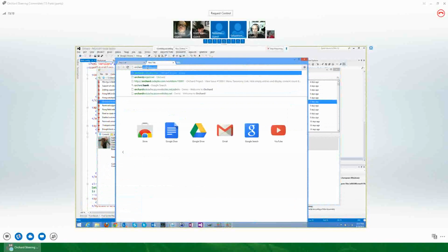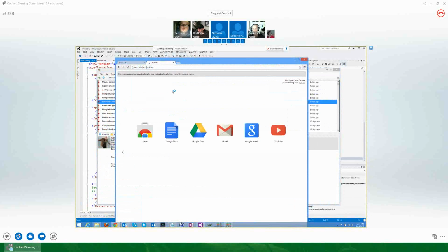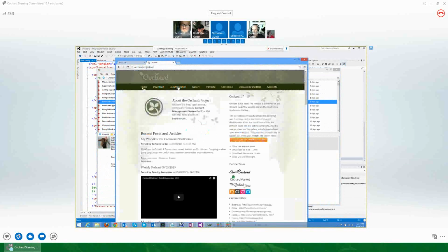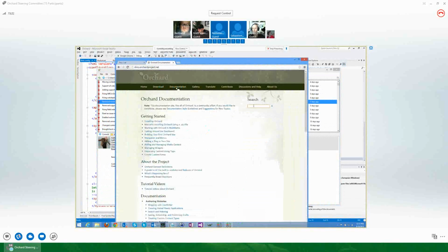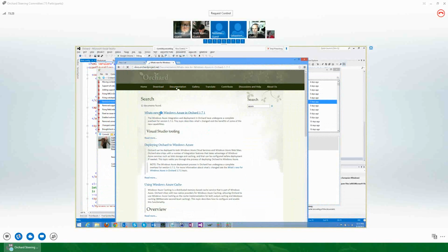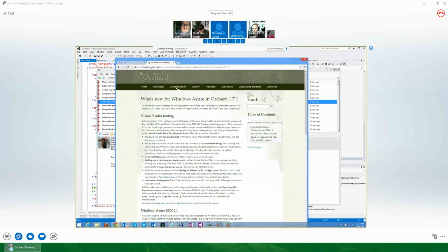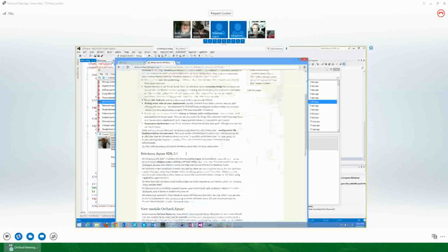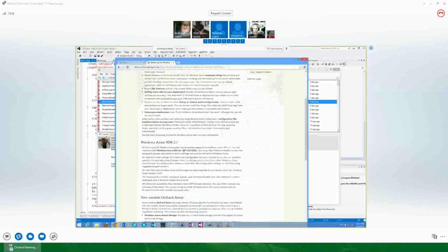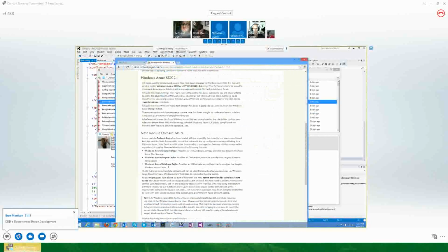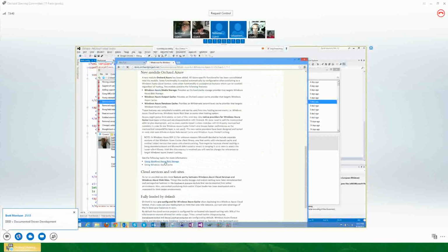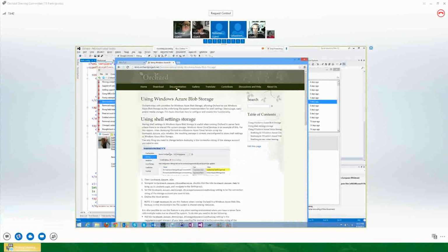Orchard project.net. The documentation was online before the module. Awesome. Azure. Oh, you see what's new for Windows Azure in 1.7.1. So everything which is new, everything I said is described here. So Daniel also made the documentation, which is awesome. And how to configure it. So blob storage and the caching service. So for instance, blob storage, it tells you how to configure it from Visual Studio using a cloud service, or if you want,